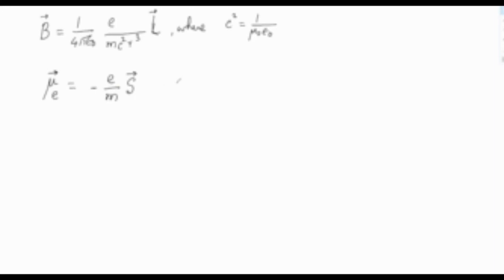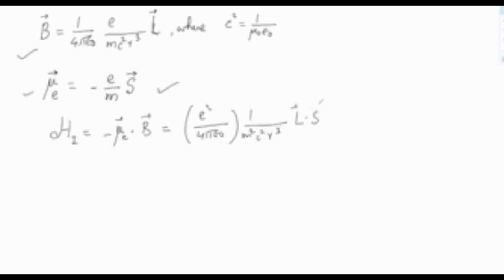But the important point that you have to learn is that mu is this expression and B is this expression, and then we have to obtain what will be H I, and H I is minus mu dot B, and that would be minus and minus will become plus. This will be E square by 4 pi epsilon naught m square c square r cube L dot S, and this is nothing but the term